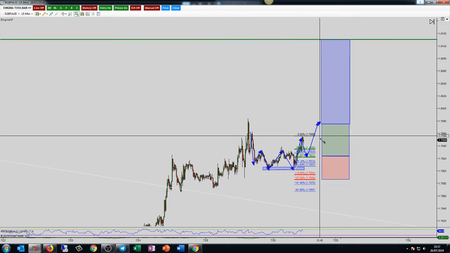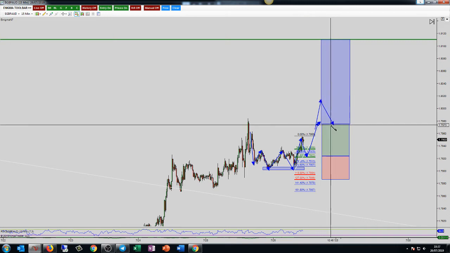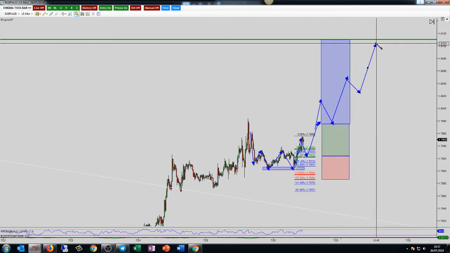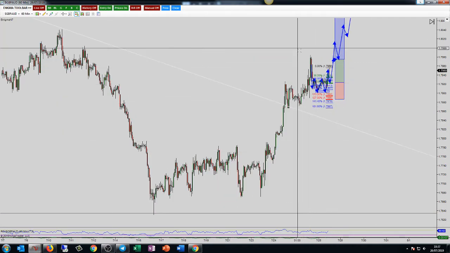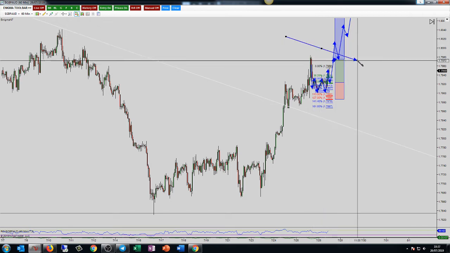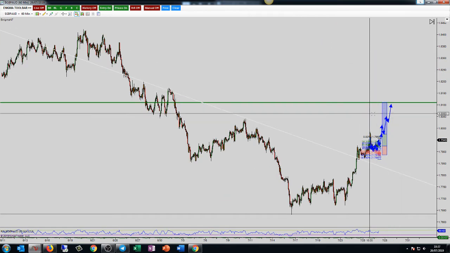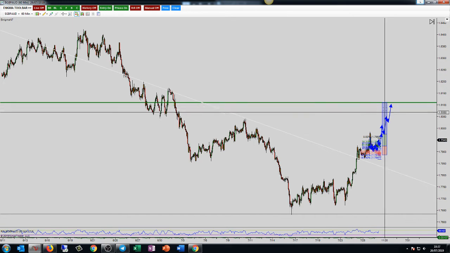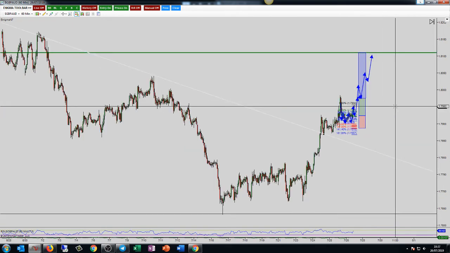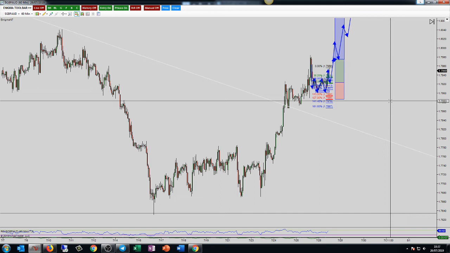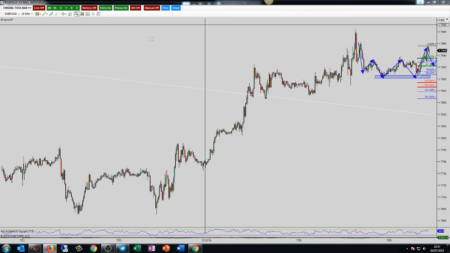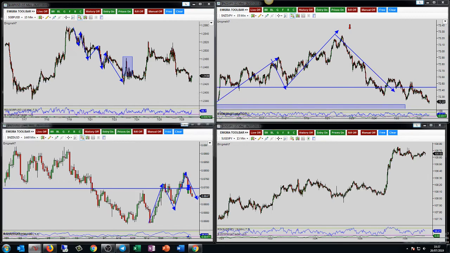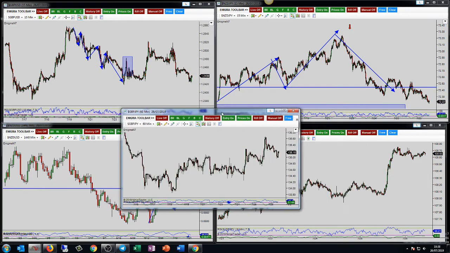If not, simply wait for a violation, another pullback, and see if we start entering trend, because guys, we are moving very, very directionally here, aren't we? So a violation of this level, a pullback, and there's still maybe 50 or 100 pips up for grabs for us to get involved with probably next week now. Any questions on the pound Aussie? If not, I will move it out the way and we will take a look at the pound yen.